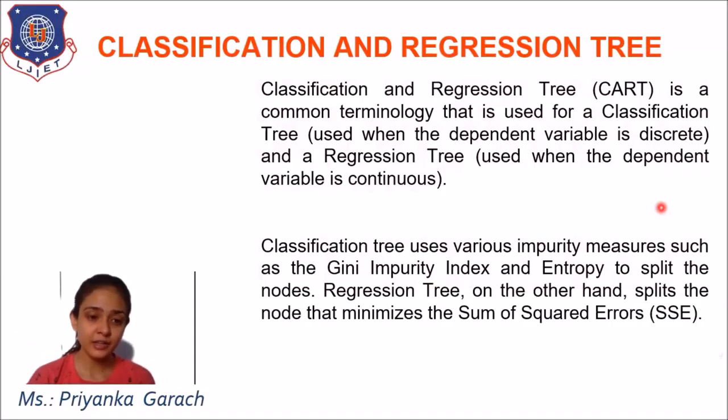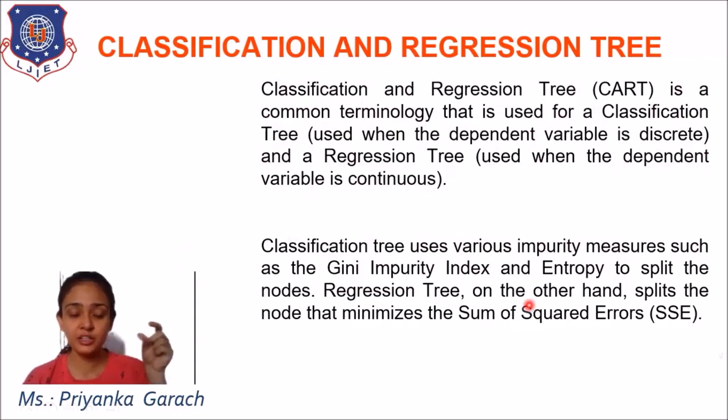So how do we decide so that we get the best classification tree in my model? How to decide which attribute should be my root node and which attribute should be my internal node? That is called the splitting criteria. How to split my decision tree, based on which internal node I have to split it.